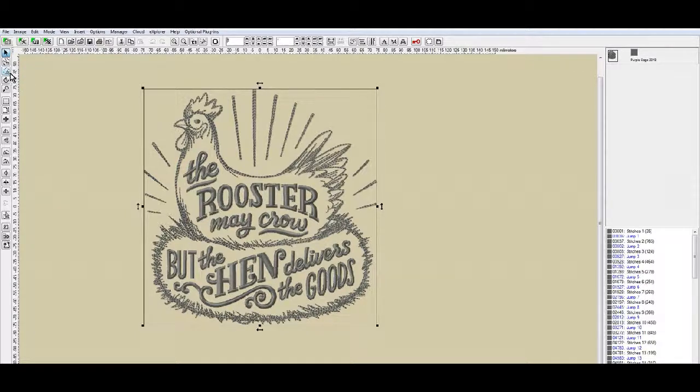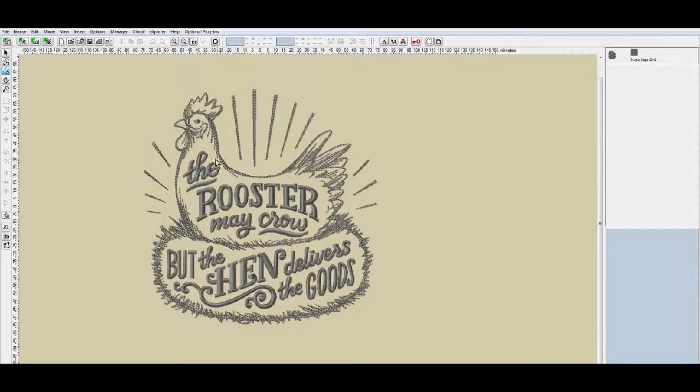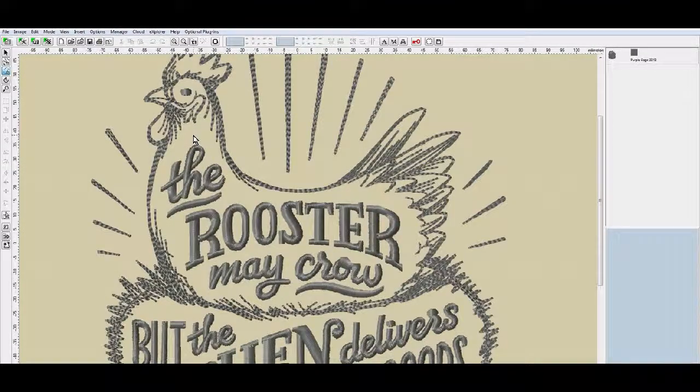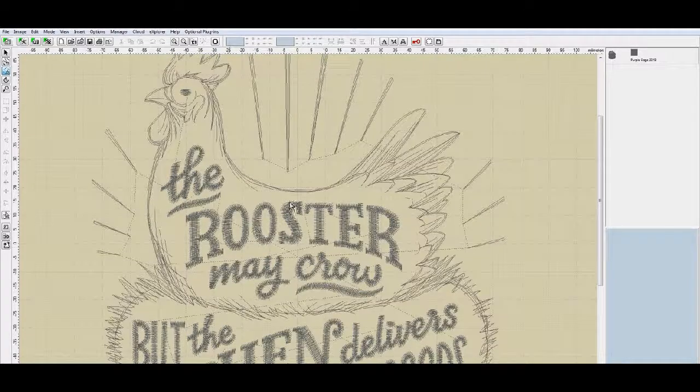So the first thing I need to do is this little lasso tool right here. It's a freehand select mode. What I'm going to do is click that, and then I'm going to work my way around the area that I want to break out. So I'm taking this part right here,